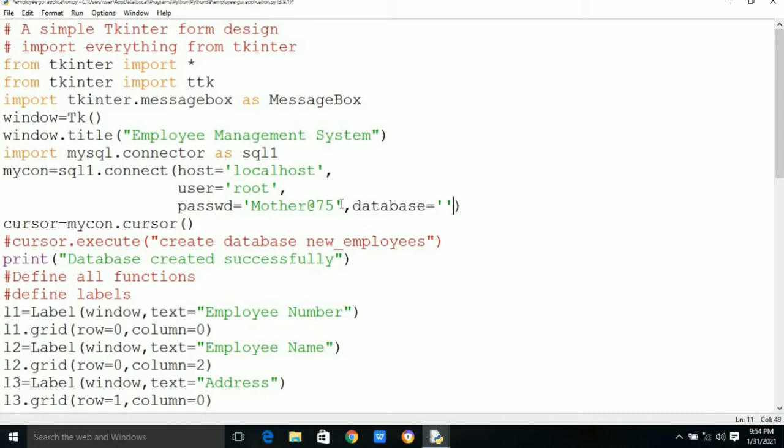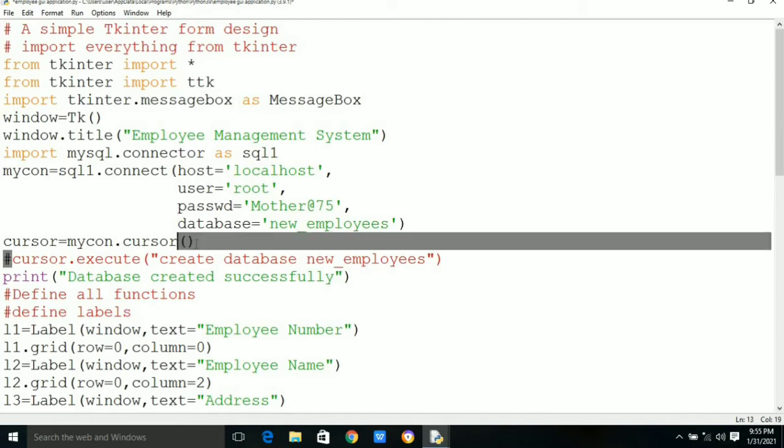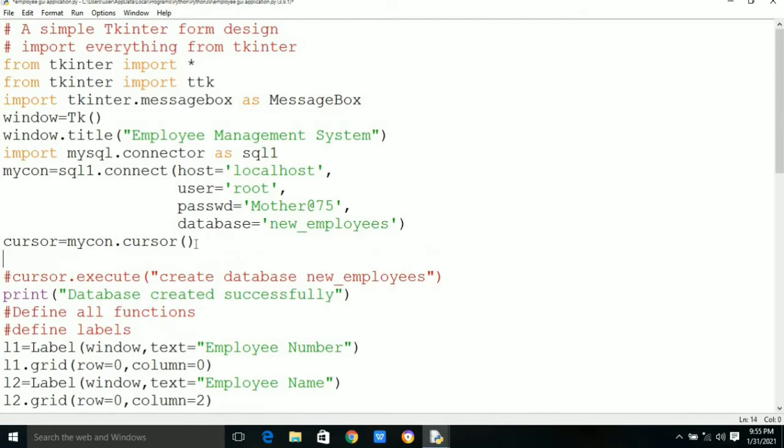Now we will write a condition so that it will check if it is connected to the database. For that we have to write if mycon is connected. It is a function. It will give either true or false. If it will give false, then there is an error in connecting to the database. And if it is true, then we can create a table by writing